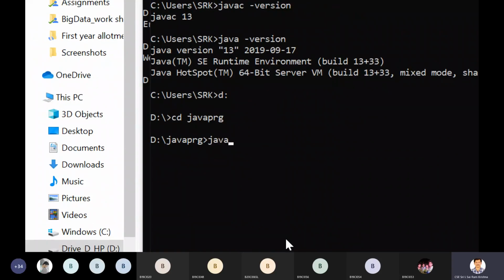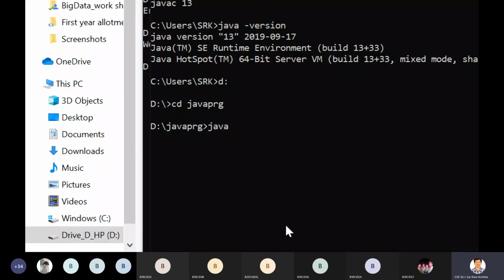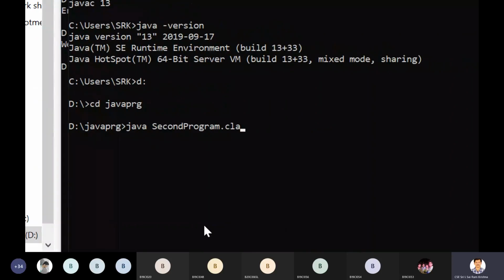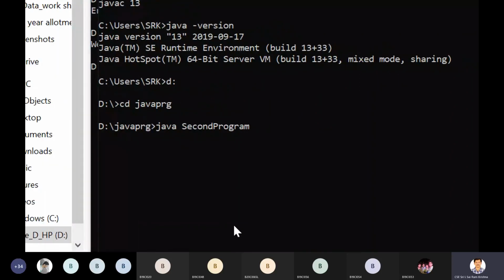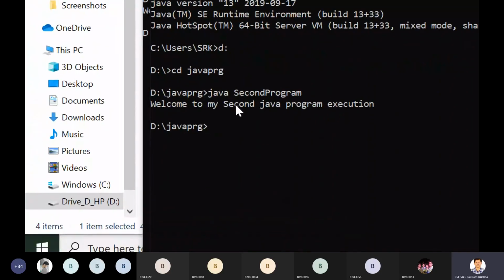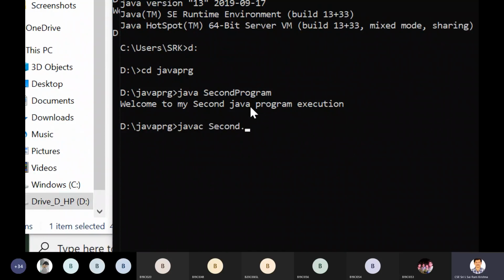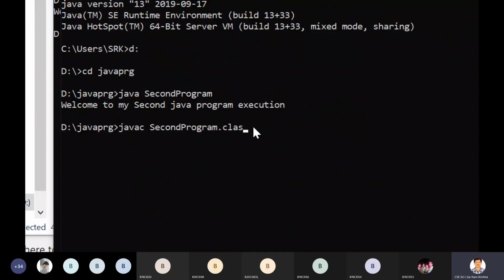Now you are trying to execute that as java secondprogram. You're directly executing, not compiling. Still it's executing. Sometimes there is a chance that it gives an error if you write the code in a higher version. Okay, let me do one thing again. I'll compile that second program here.